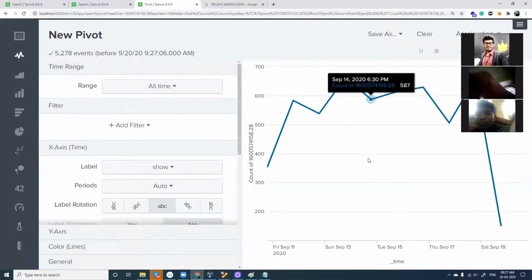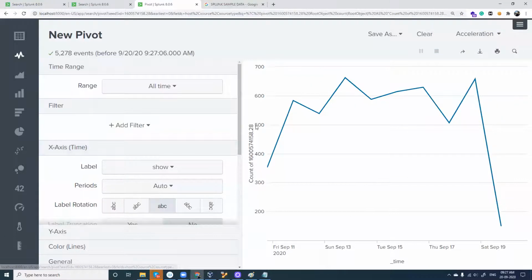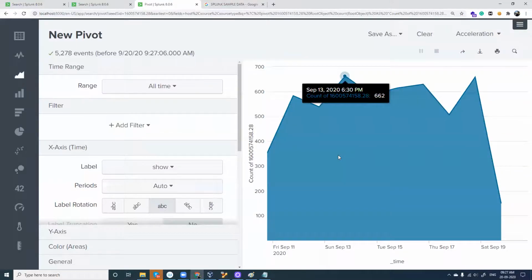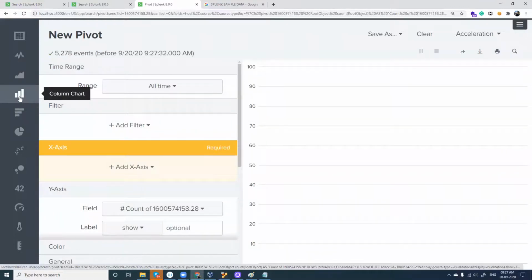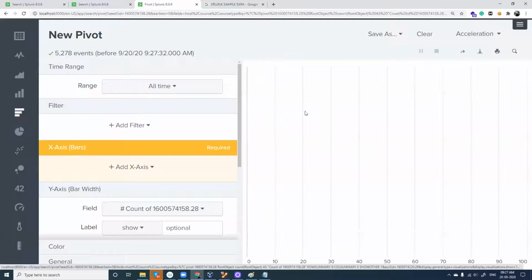Now it has generated a report, and X is like the count of items, and Y can be time. So from this, you can see this particular event, where it has occurred, at what point of time it has occurred, right? Or you can go for a different representation like this. So Splunk, in case you have more data to analyze, Splunk can be the only source which can make things very simple for you in analyzing and processing all this data.